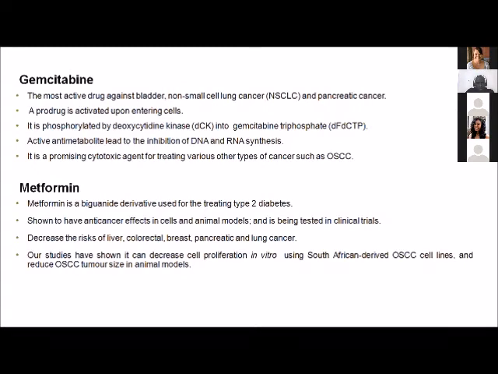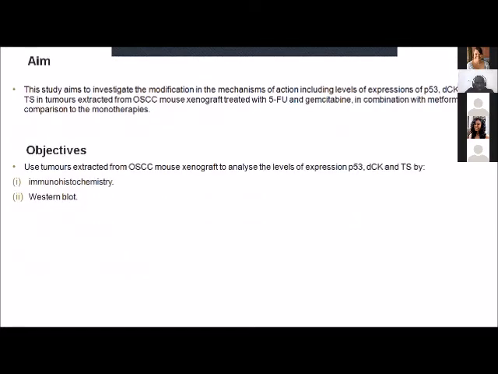Studies done in our lab using the South African-derived OSCC cell lines have shown that metformin decreases and also reduces the OSCC tumor size in edema models. This study is to investigate the modification in the mechanisms of action, including the levels of DCK and TS in tumors extracted from OSCC treated with 5-FU and gemcitabine in combination with metformin in comparison to